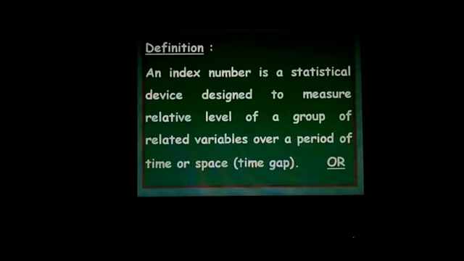In a similar way, one notebook alone would be only one variable. If I consider bag, notebook, pen and all related study materials' prices, it will become a group of related variables